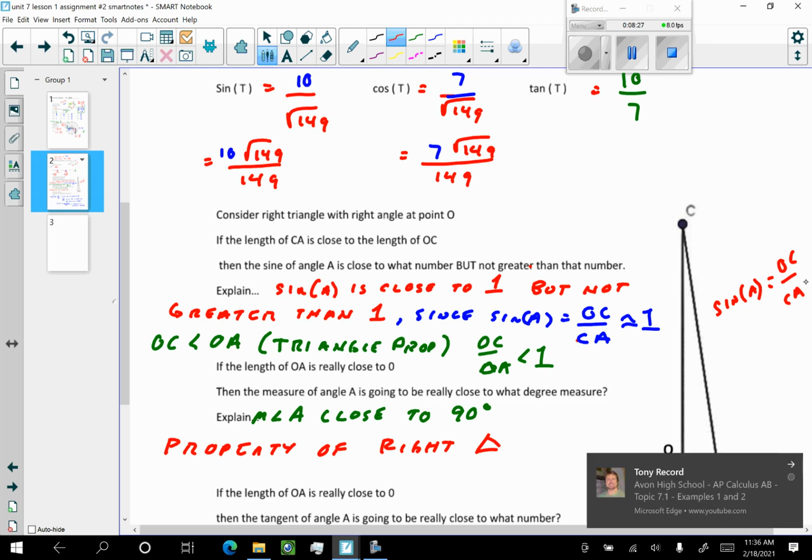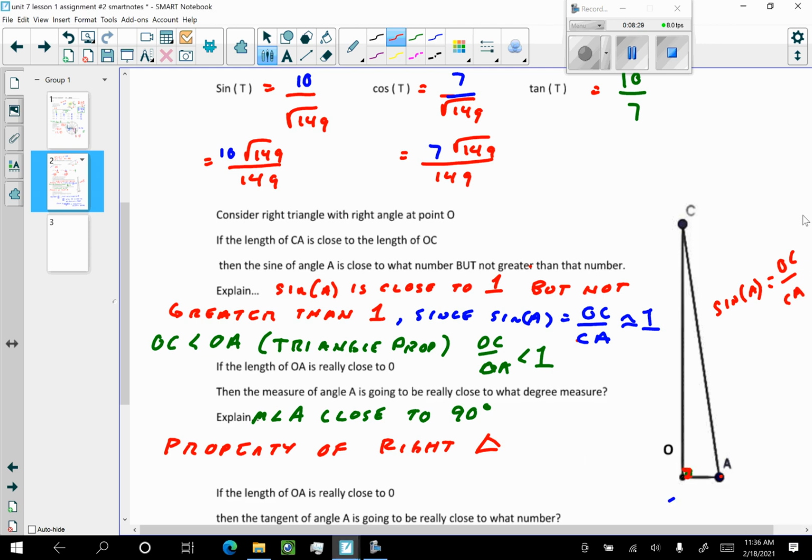Well, what do you know about that? You know that sine of A is close to 1. Why is it close to 1? Because CA is close to OC. These are close to the same length. So this is going to be close to 1. It's going to be close to 1, but it's never going to be greater than 1, because what do you know? You know that